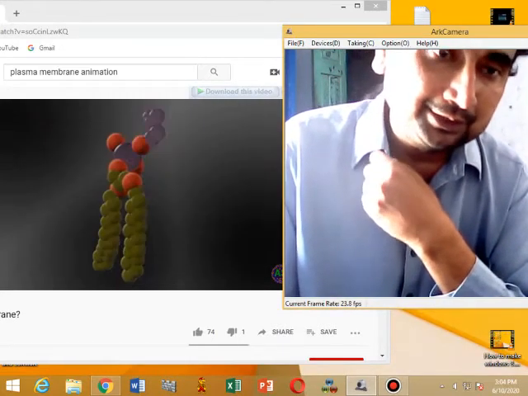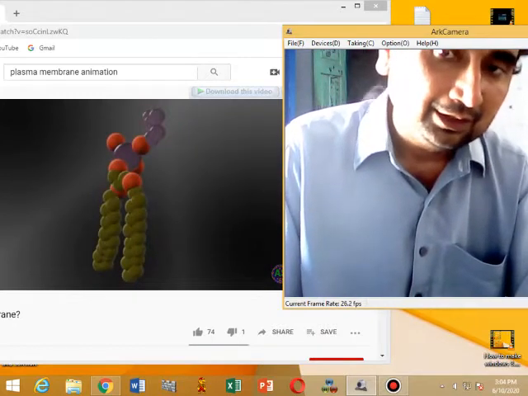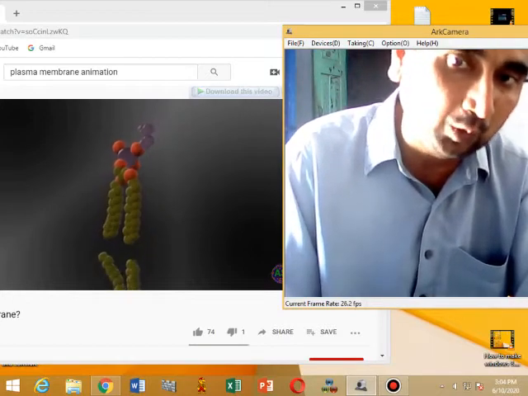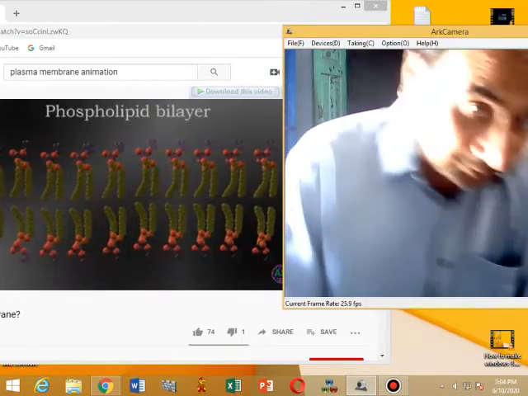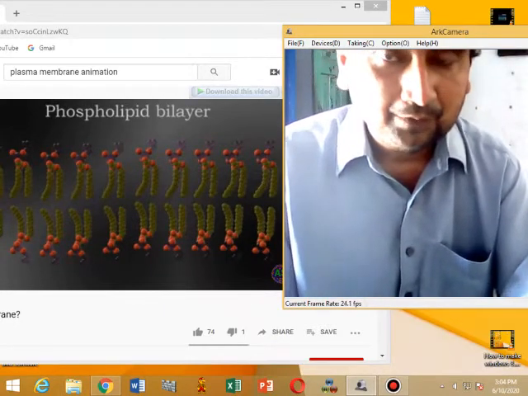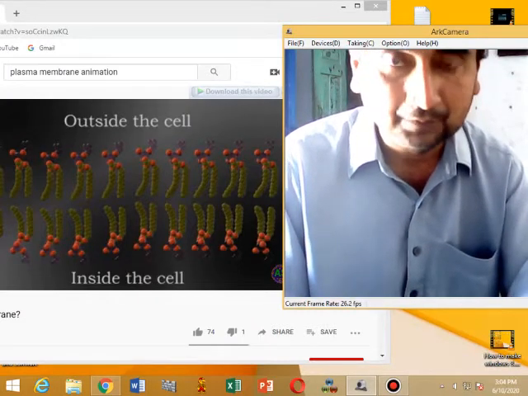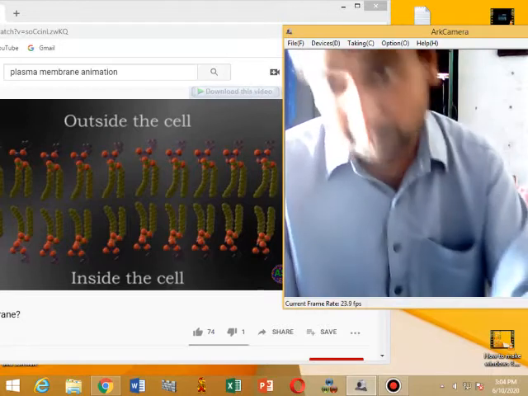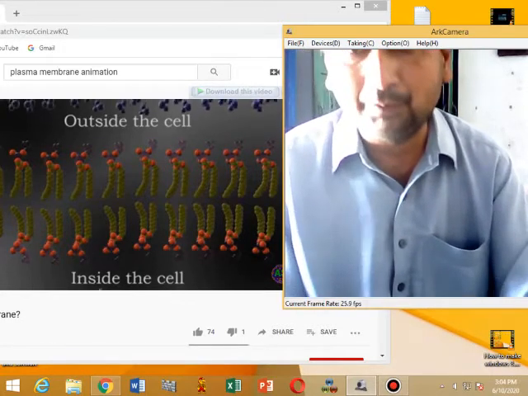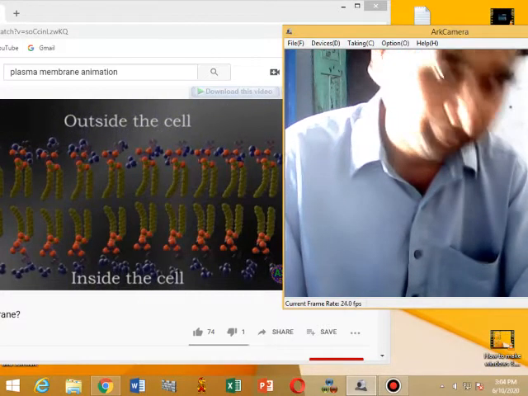Some substances easily pass the plasma membrane, such as neutral substances, glucose, and water, while other substances such as charged particles have great difficulty passing through it. So it is a selectively permeable membrane: it allows some substances to go into or out of the plasma membrane and some are not allowed.